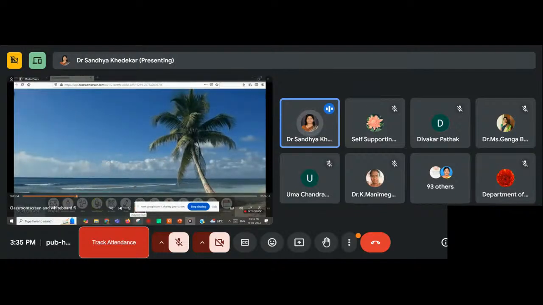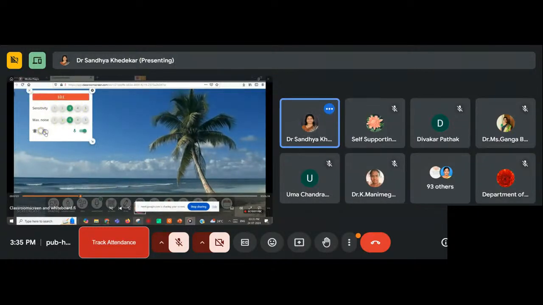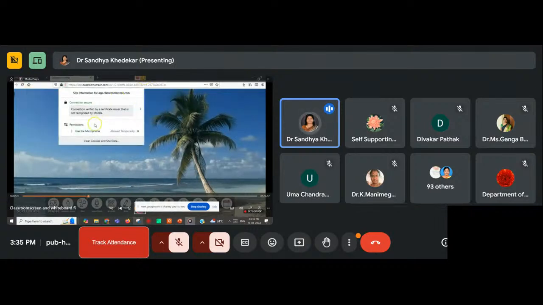There is one more option, student sound level. Suppose in the classroom students are making noise. This will show you the level of the noise, and you can press on this bell icon. If the noise is more, the bell icon will make some sound, and students will come to know that they are making more noise, and they will keep quiet. It's one of the beautiful options. So I am making this disabled.